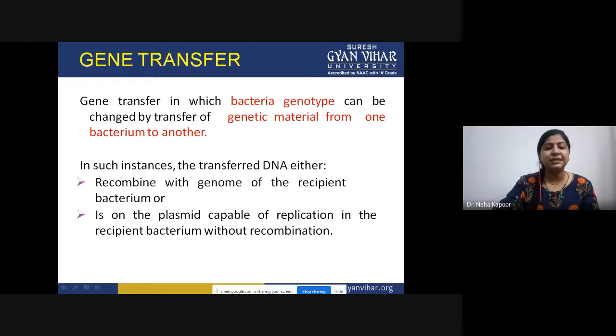So what is the concept behind it actually? Suppose this is one bacteria and this is the second one. We know that in bacteria plasmids are present. These are plasmids I am making. Suppose you are taking one gene from here. This one is the donor, I am marking the donor as D, and this bacteria is the recipient. Whenever you are taking the gene from here,